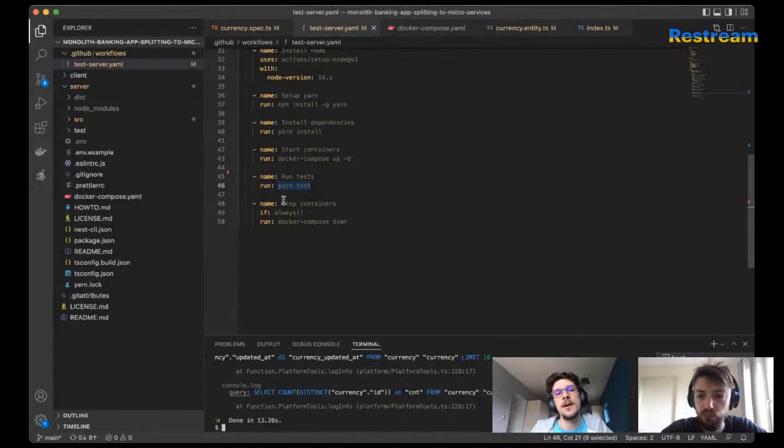Then we just run yarn test, pretty much the same as we do locally. And as a final step, it says if always. That means if it fails or if it proceeds.